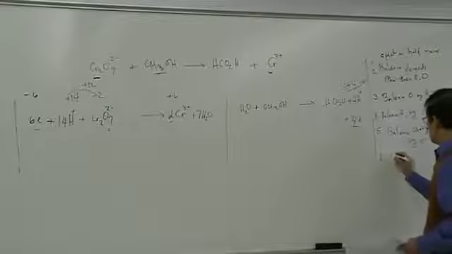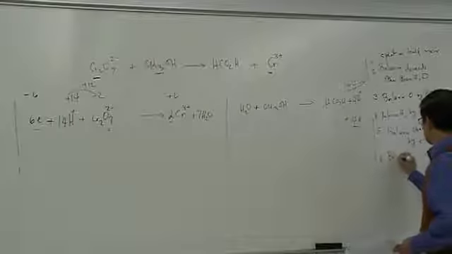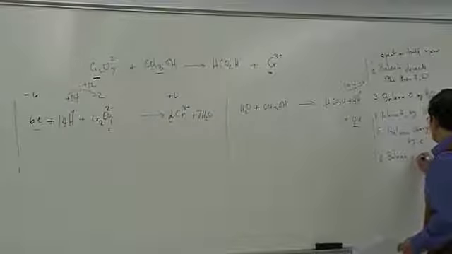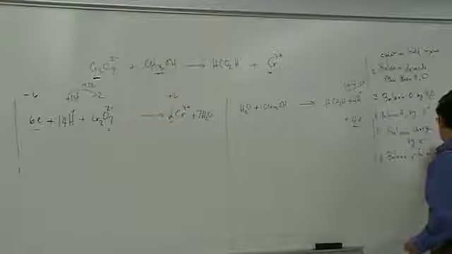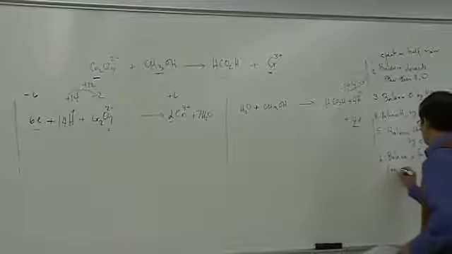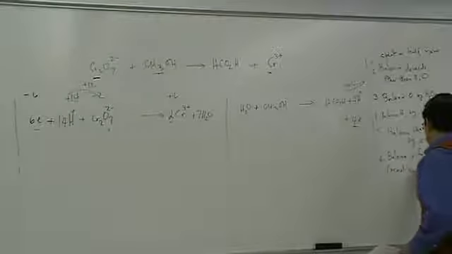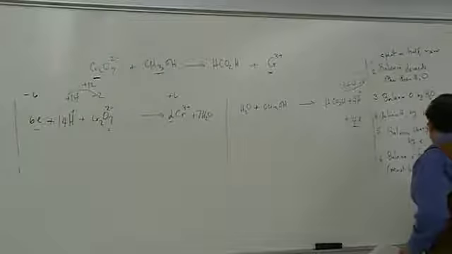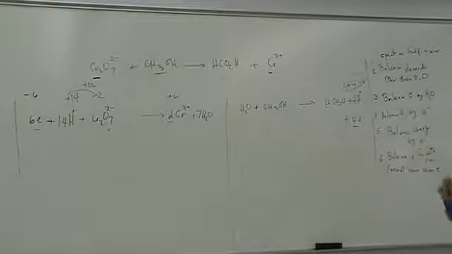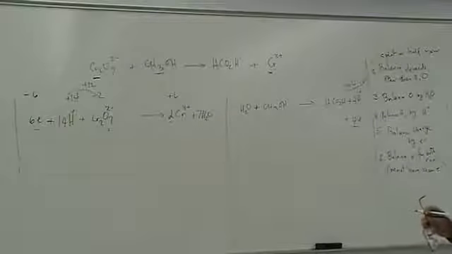So balance electrons for both reactions. What that means, must have the same electrons. Because electron is being transferred from one half cell to the other, and it has to